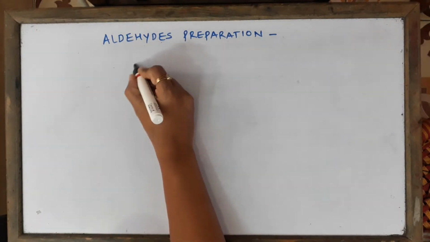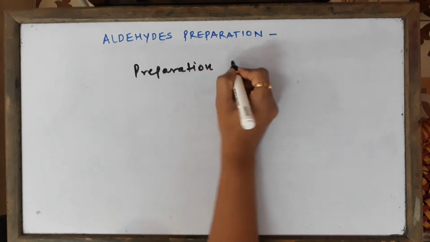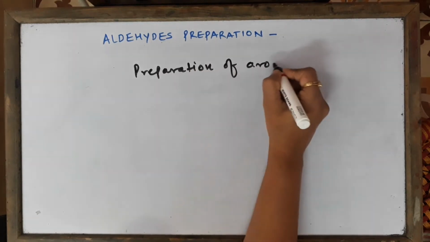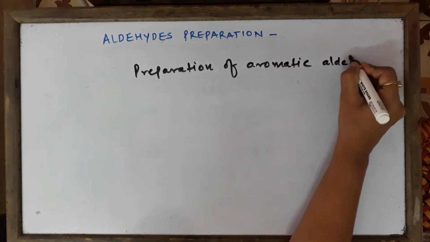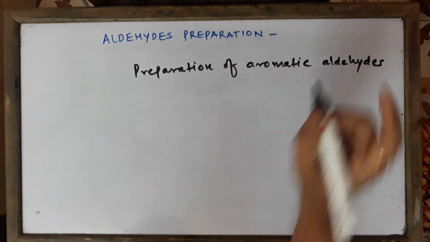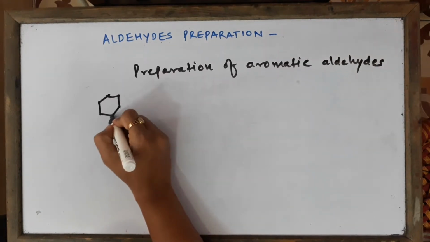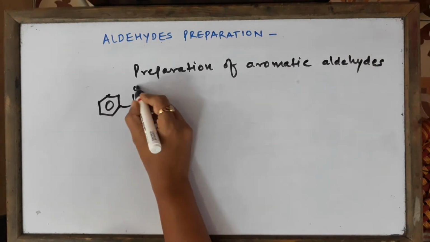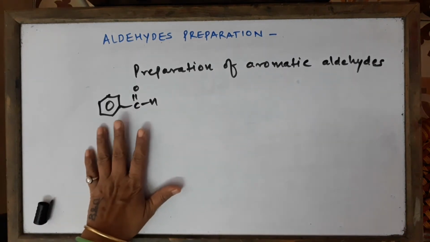Now we are left with the preparation of aromatic aldehydes, which I'm going to take now. Preparation of aromatic aldehydes. Quite special reactions are coming up for you. The simplest aromatic aldehyde is benzaldehyde. Look at this. The simplest aromatic aldehyde, children, and very famous for your exam, of course, it's benzaldehyde, benzene attached